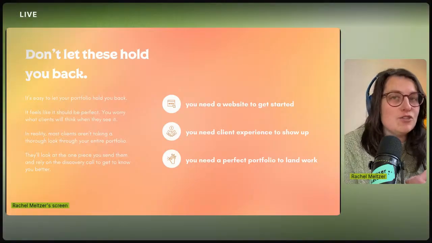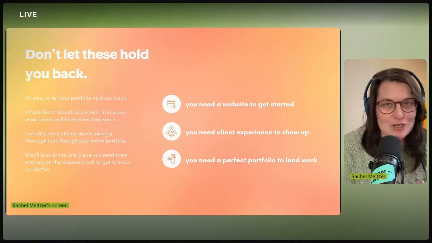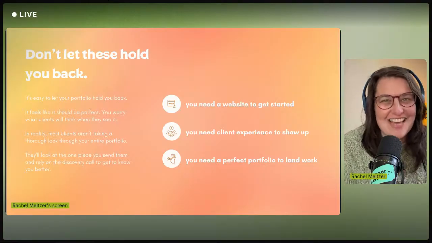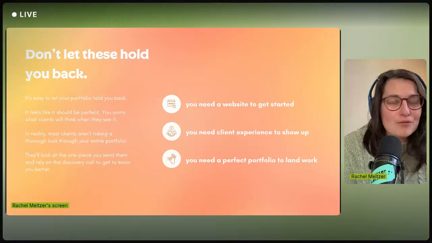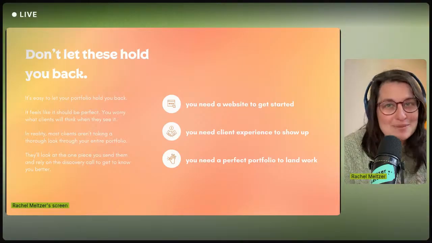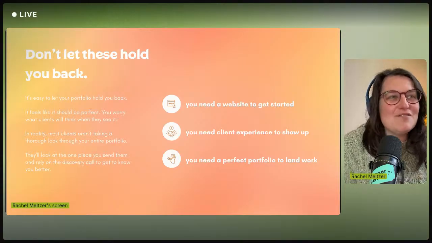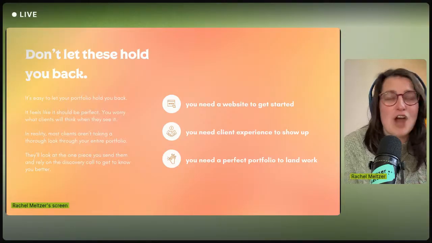And when I don't have an editor on the team of my client that I'm working with, I hire an editor to go through my work before I actually send it to the client. So just saying, it doesn't need to be perfect. My portfolio is far from perfect. It actually doesn't even include all of my experience right now because I just moved my website to a new website. So it's very normal and okay for your portfolio to not be complete, to not have a full-blown website,